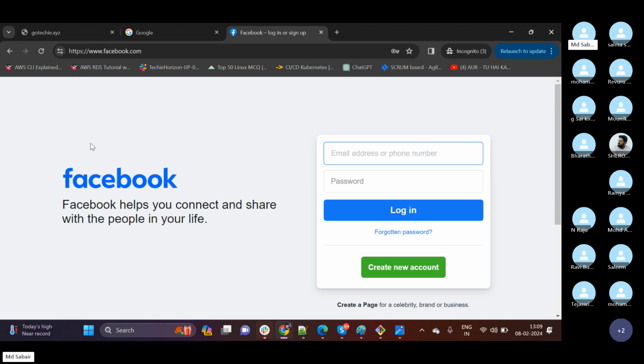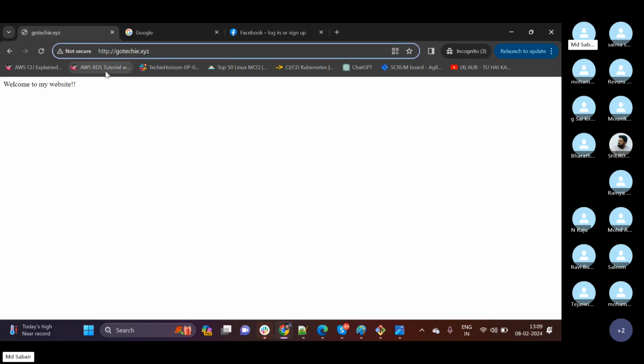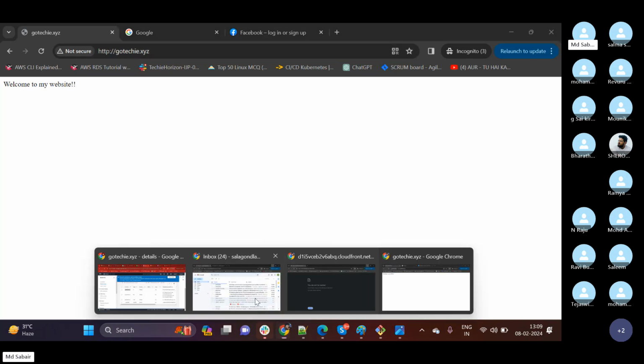How is it happening in the backend? How have they configured it? I want the same behavior for my website. I don't want any request on HTTP, because users, as laymen, are not aware of what HTTP and HTTPS are. I don't want to lose my customers by their seeing this not secure message. I want all requests, whether HTTP or HTTPS, to be redirected only to HTTPS. For that, in such cases,